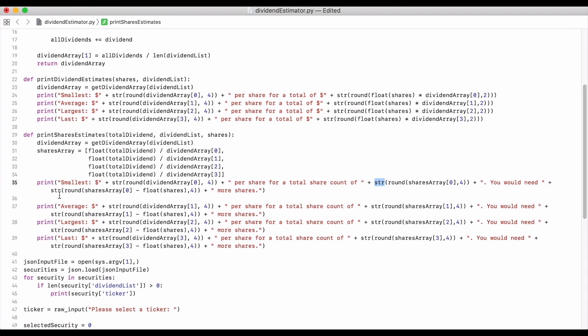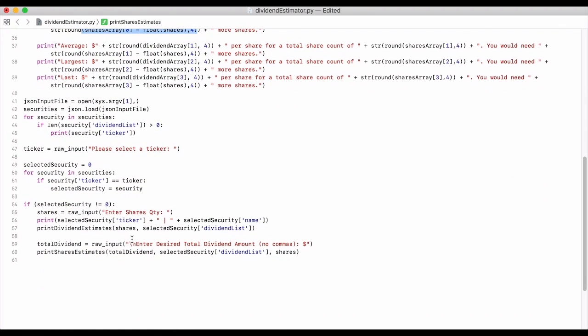And then it'll tell us how much they'll need to meet that based off of how many shares they've already entered in. So we take whatever that big number is going to be for that specific index, subtract it by the shares that they said they've entered. Again, we're just going to round it to 4 decimal places, make it a string, and print it out. And that is how